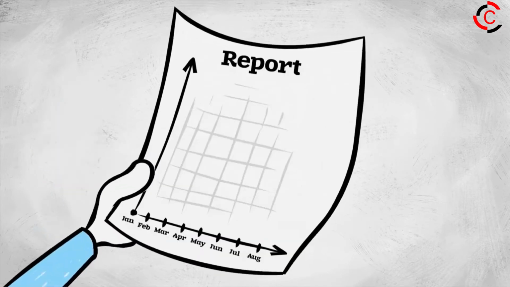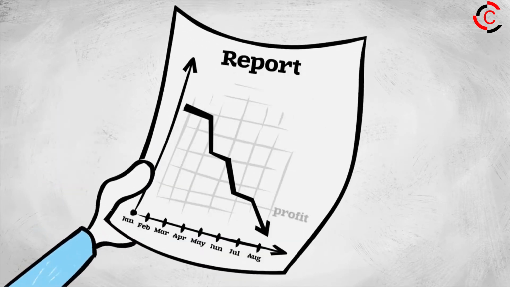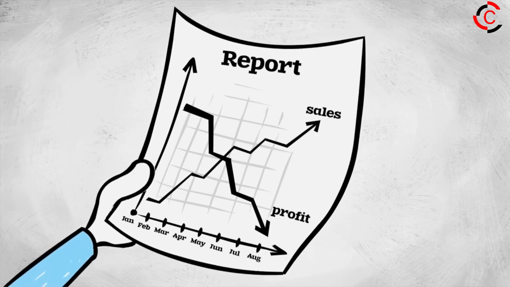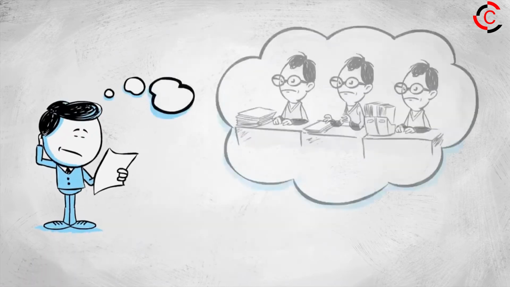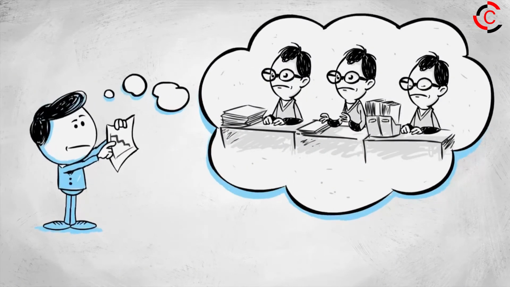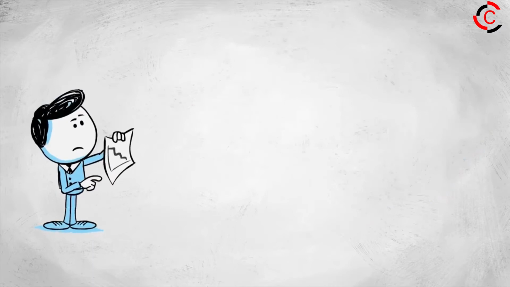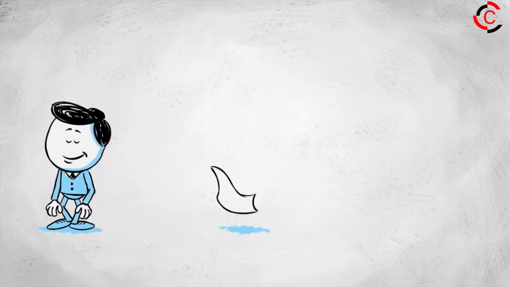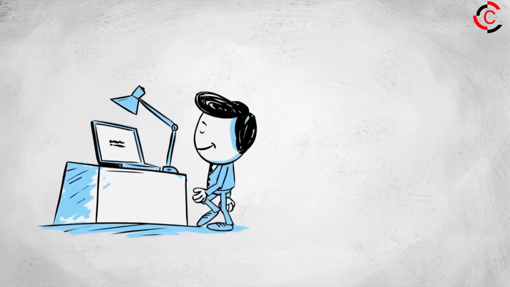Right now, for instance, I'm viewing the annual report and can't get it. Why does the profit fall while sales grow? If I had a staff of analysts, I would have told them, find out. I have to know the reason. But I can't afford a staff of analysts at the moment. And actually, I don't really need it, because I have a simpler way.